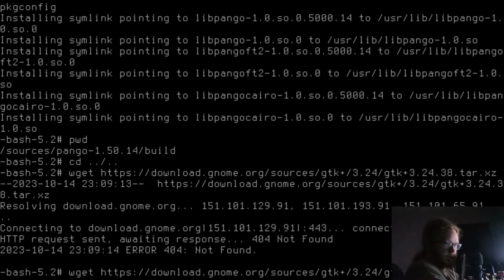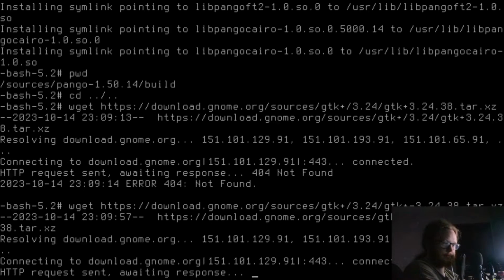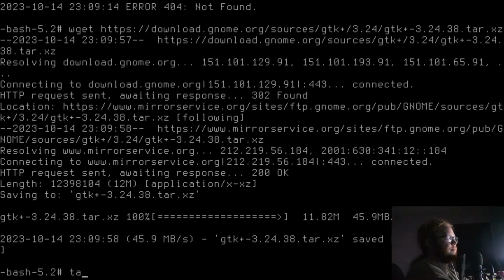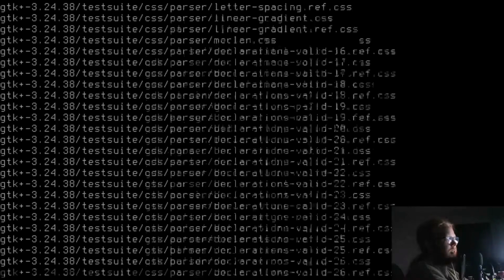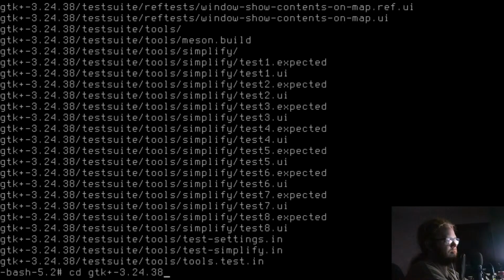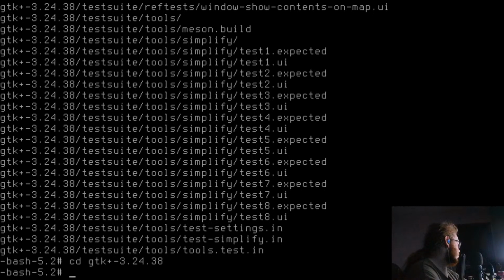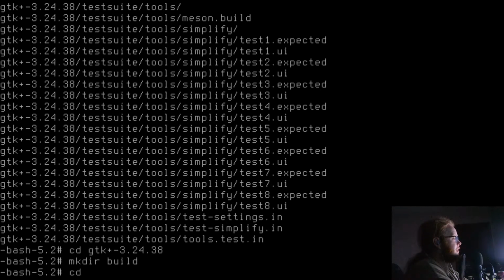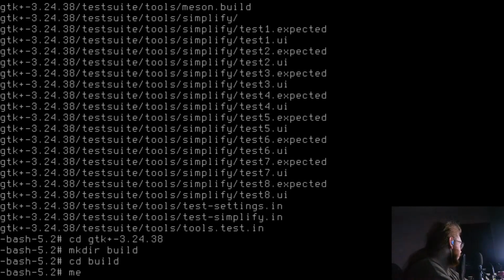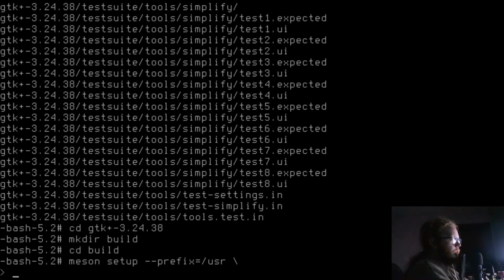download.gnome.org/sources/gtk+/3.24/gtk+. It's a mental breakdown. Right. Make directory build, cd build, meson setup --prefix=/usr, enter.